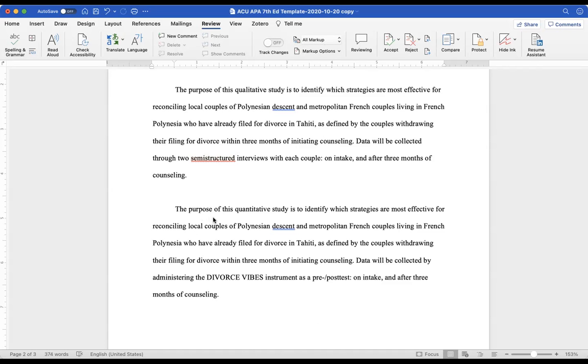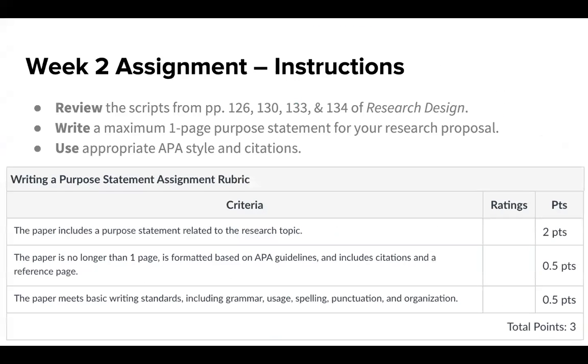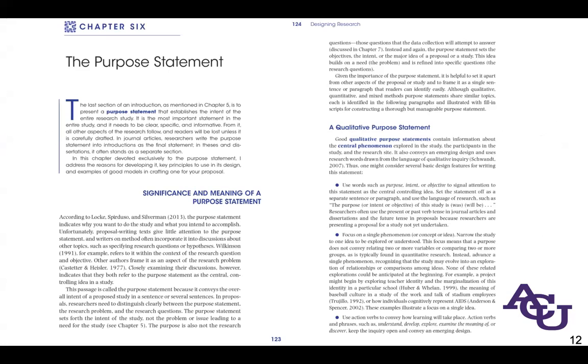So this says, okay, a purpose statement related to the research topic. And Creswell says, okay, to establish the intent of the entire research study. So this is one of those things that you tend to add near the end, what this will facilitate. And this is where you might get language such as,